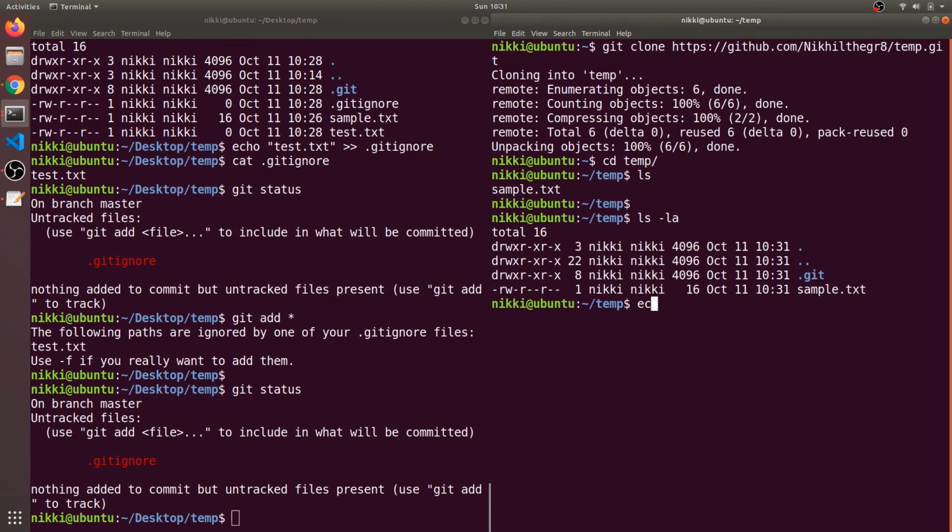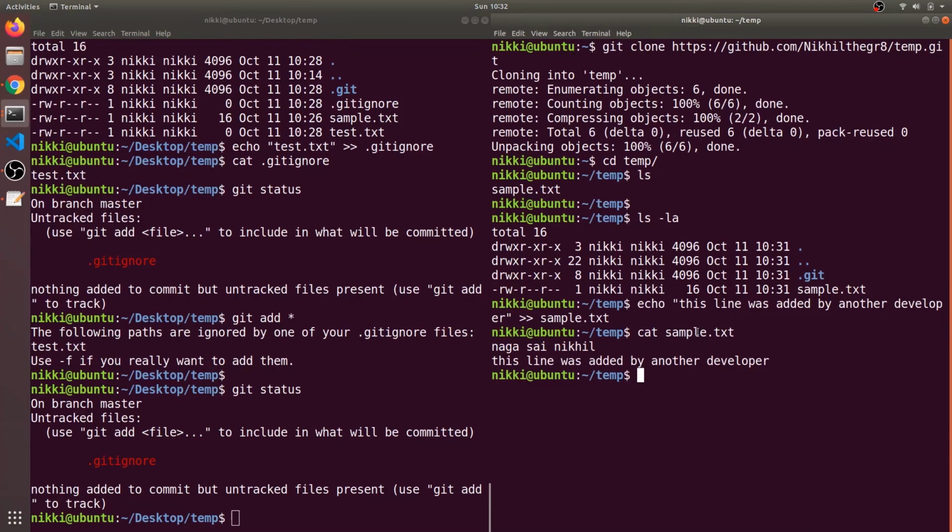Now let me echo some content into this sample.txt file. So there are two lines in my sample text file.